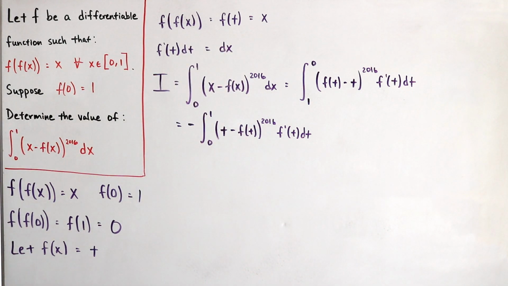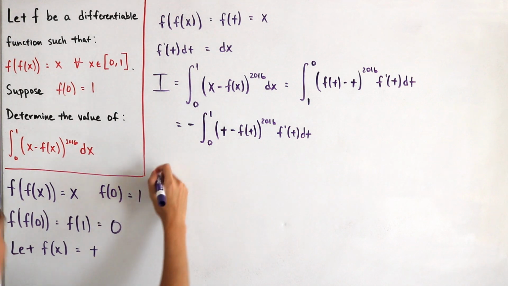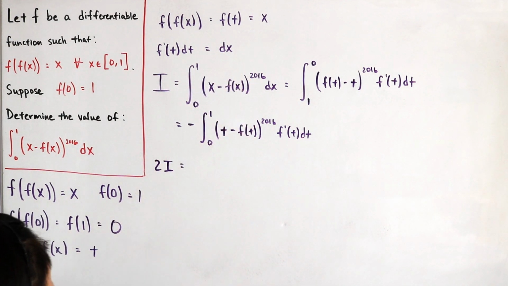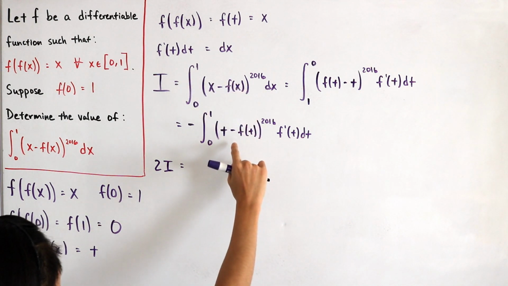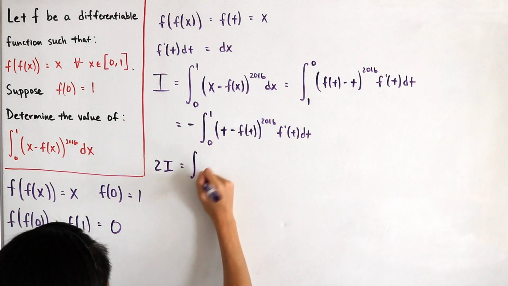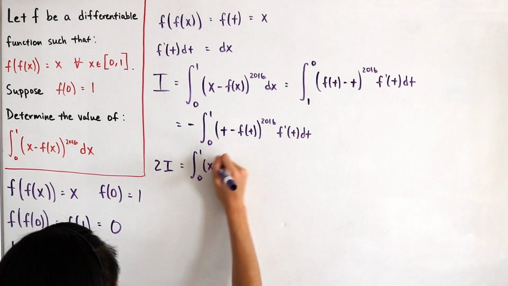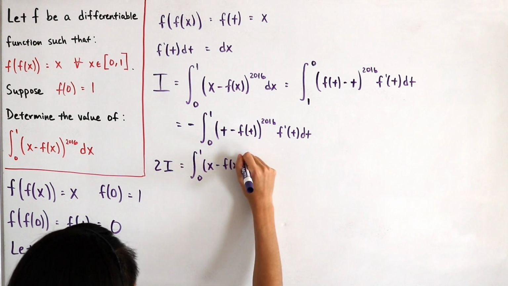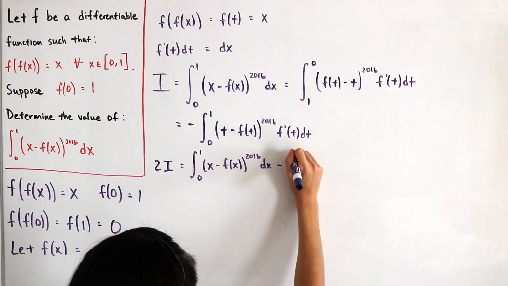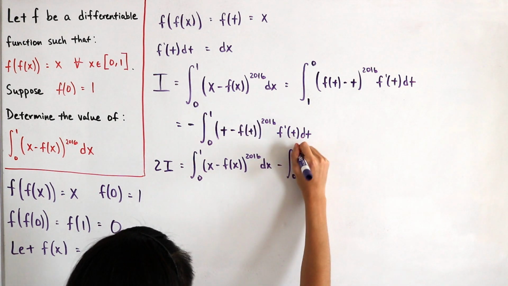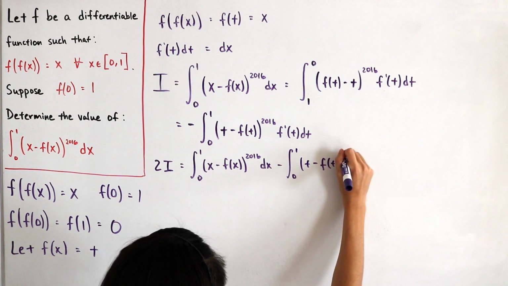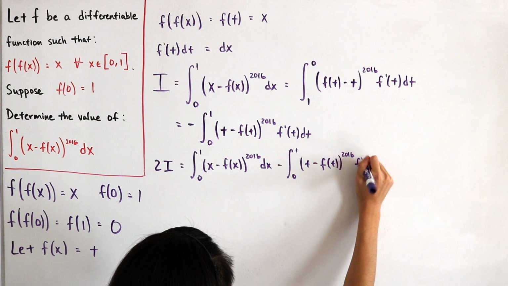So now what I can do is I'm actually going to double the quantity of I, so we have 2I, because they match the same thing, they're equal to each other. And I'm actually going to take this term and then add it with this term. So this will be this integral minus this integral. So let's see, 0 to 1, x minus f of x to the 2016 dx, and then we can subtract this with this integral over here, t minus f of t to the 2016 f prime of t dt,